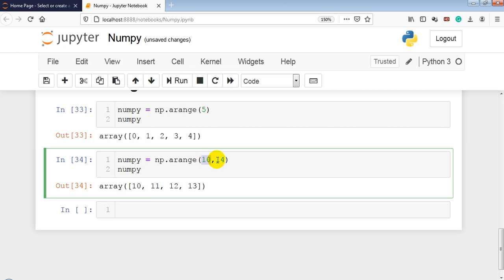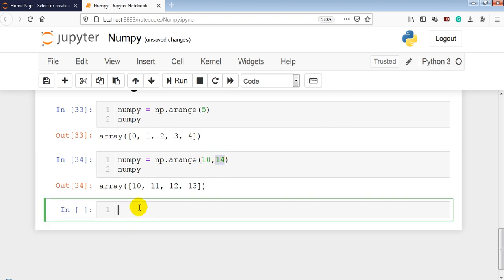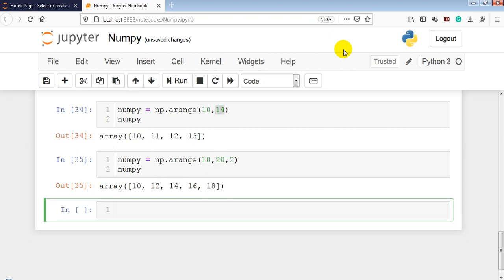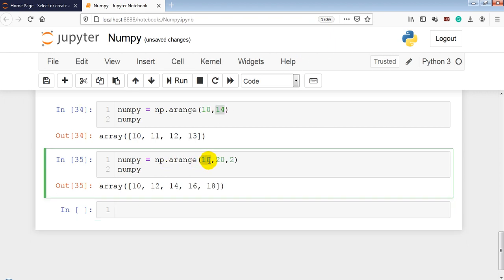The first is inclusive and the last one is exclusive. Now numpy is equal to np.arange(10, 20, 2), with a step of 2. Here 10 is inclusive, 20 is exclusive, with a step of 2. So it printed 10, 12, 14, 16 and 18.